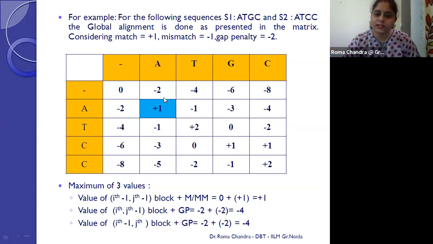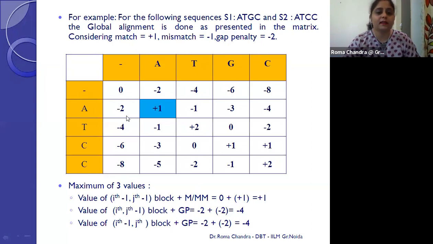When I move ahead to this block, you can see the chain length increased to 2. This chain length 2 is aligned to a gap. So when I calculate my alignment score for this particular section, I need to add -2 and -2, that will be equal to -4. So that is the reason I kept the value -4 here. Again, my chain length increased to 3. ATG aligned to a gap, -2 for this, -2 for this, and -2 for this. So I kept the value -6. And so on. While moving from left to right, I need to keep on adding the gap penalty values.